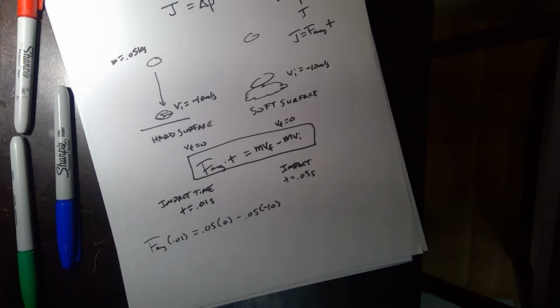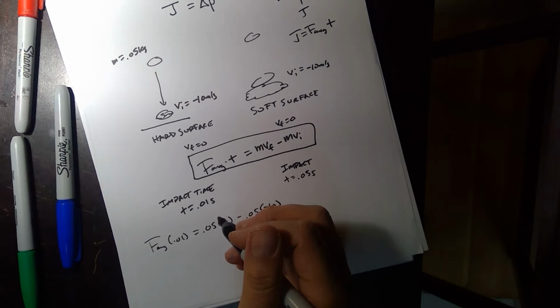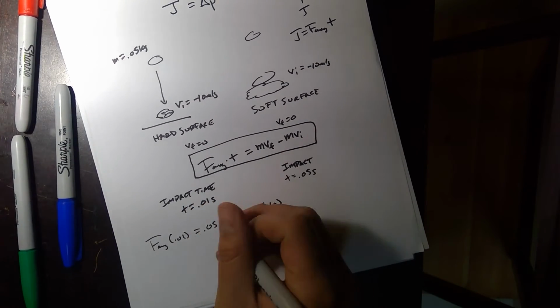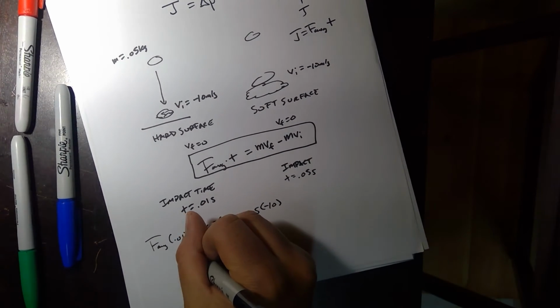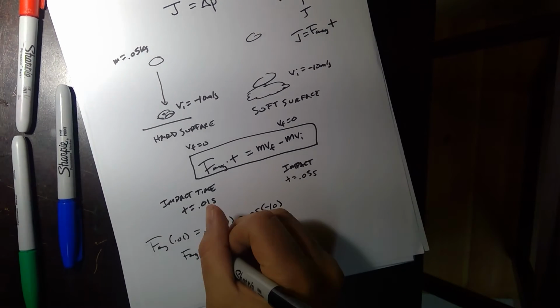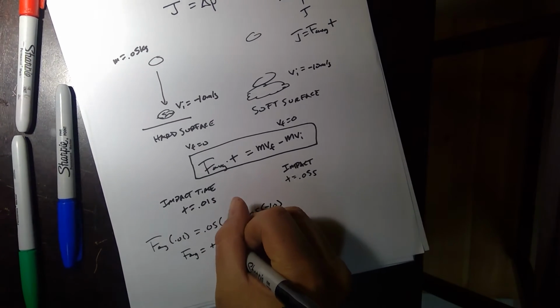Working through the numbers, I'll let you do this on your own, but let me solve it really quickly. We have our average force times 0.01, that equals 0.05 times 0, minus 0.05 times negative 10. And let's see what we end up getting here. If I have not made a mistake, the average force I'm getting here is positive 50,